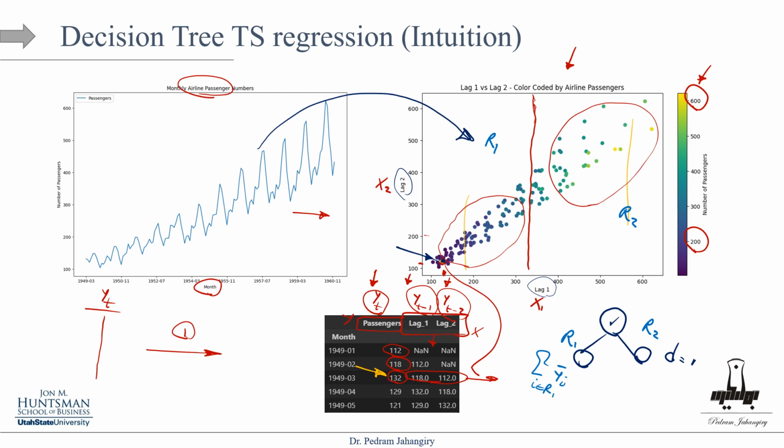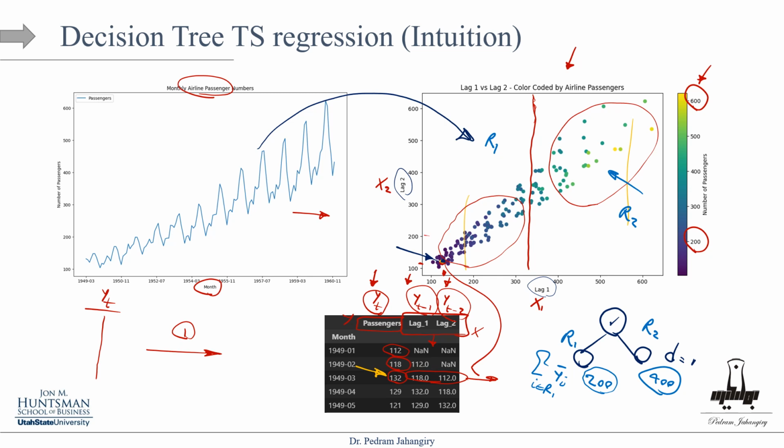So whatever those numbers. For example, let's say those numbers are smaller, maybe on a scale of 200-ish. What about these ones? These numbers are higher in R2. So the average of all those dots, I don't know, maybe they are on a scale of 400-ish. Again, these are super simple numbers. So this is your decision tree, and we're using a simple decision tree with one level, depth equal to